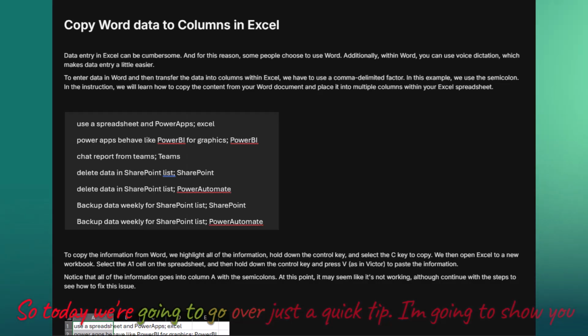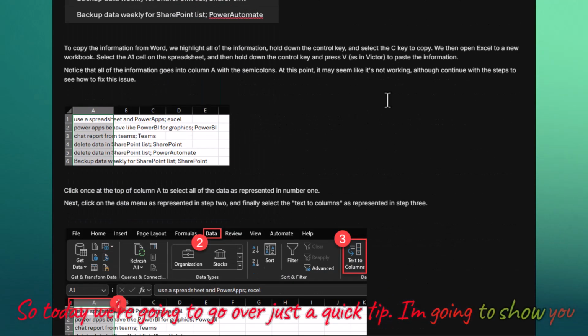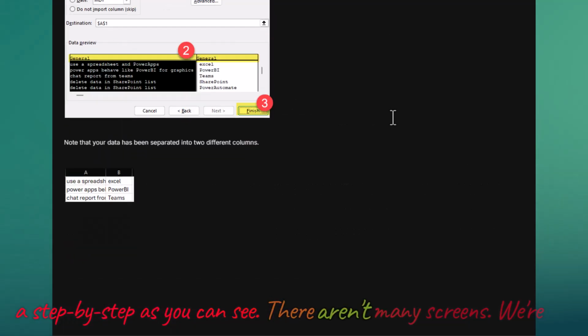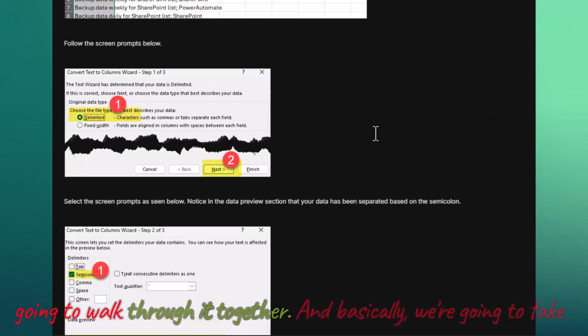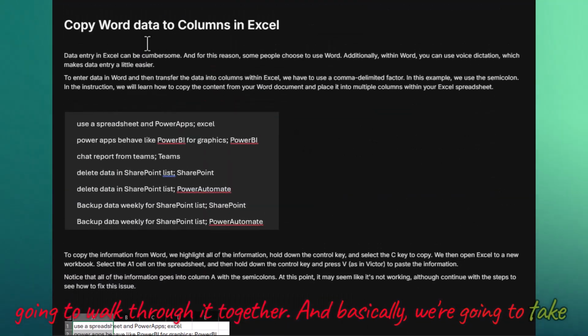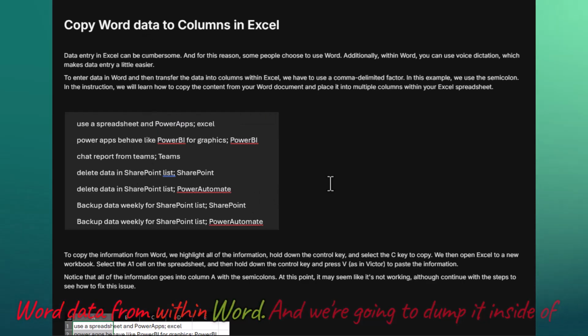So today we're going to go over just a quick tip. I'm going to show you step by step. As you can see, there aren't many screens. We're going to walk through it together. And basically, we're going to take Word data from within Word and we're going to dump it inside of an